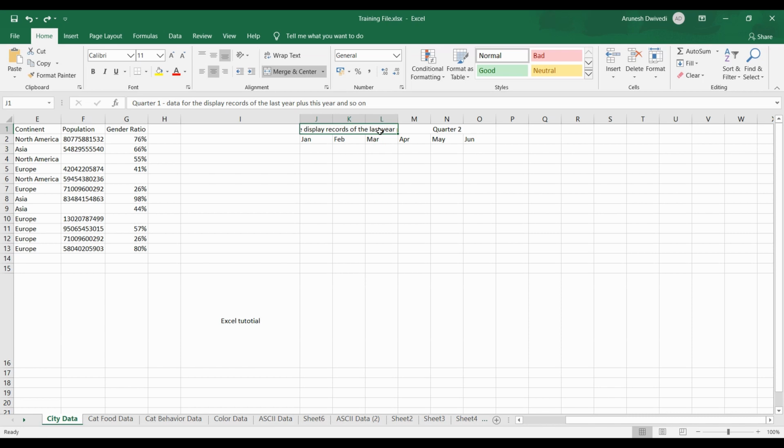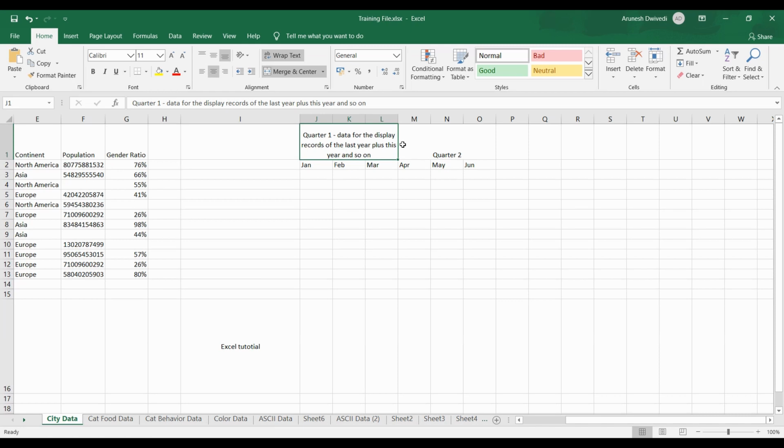So the way to do it is you select the data that you want to wrap around and click on wrap text. Right now it is not displaying the second line, but if you adjust the row height, then you will be able to see the entire data. So this is now wrapped data, because once the first line of the data reaches the border of the cell, it wraps into the second line. So that is the wrap text and the merge and center.